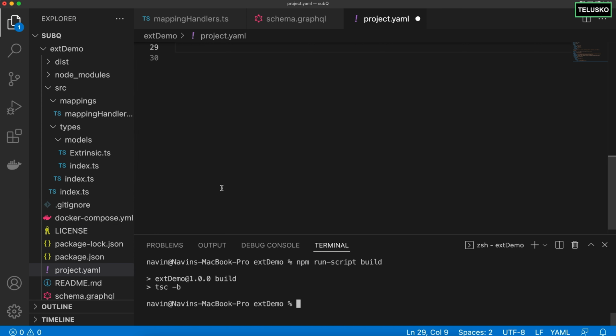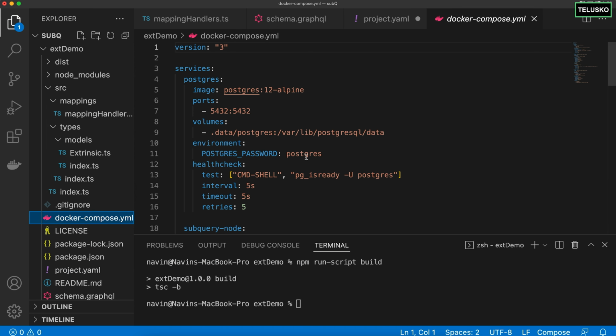Now, once we have the build ready, it's time to run the project. To run the project, we have to make sure that you explore the Docker file first, because when you run the service, what type of service will it run? Basically, it will try to index all the files, and it will fetch the data into a Postgres database, which will be running on your machine. So make sure that you have a decent machine before running this. Otherwise, you can directly deploy on the SubQuery network, and you don't even have to run on your machine because it basically consumes a lot of memory and CPU power.